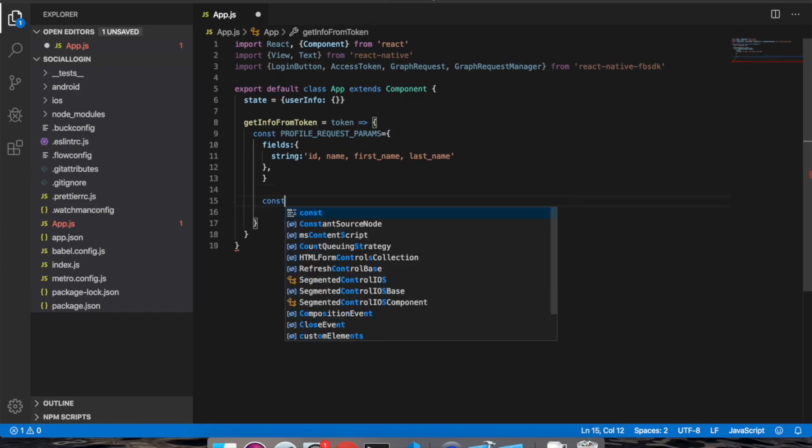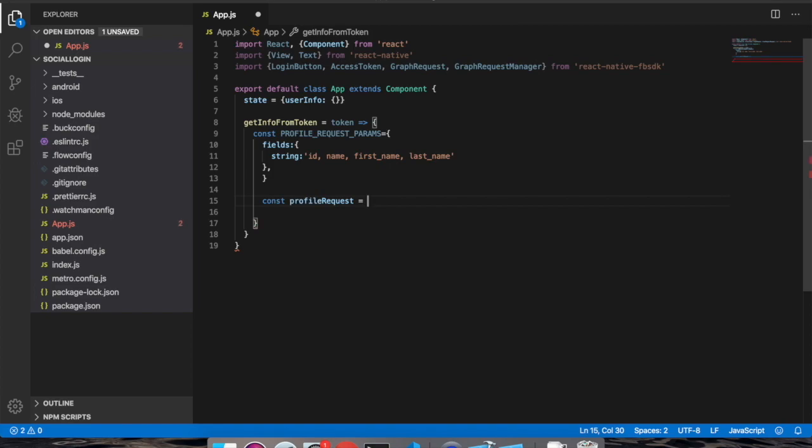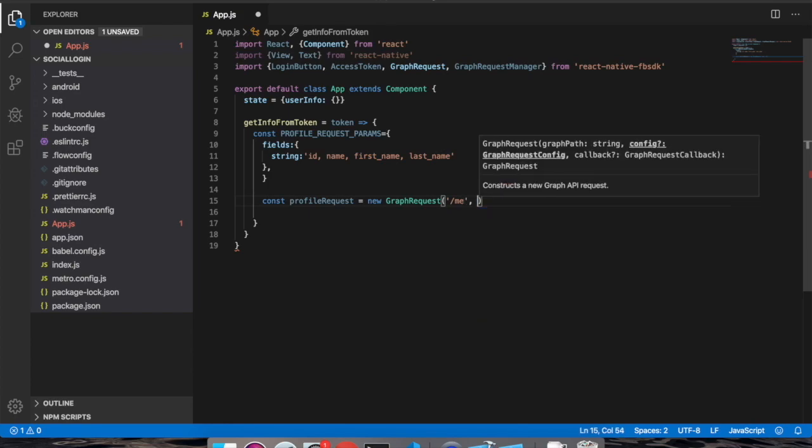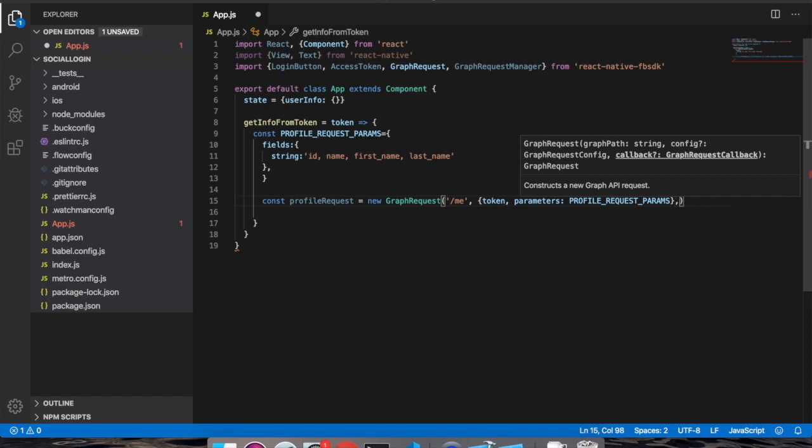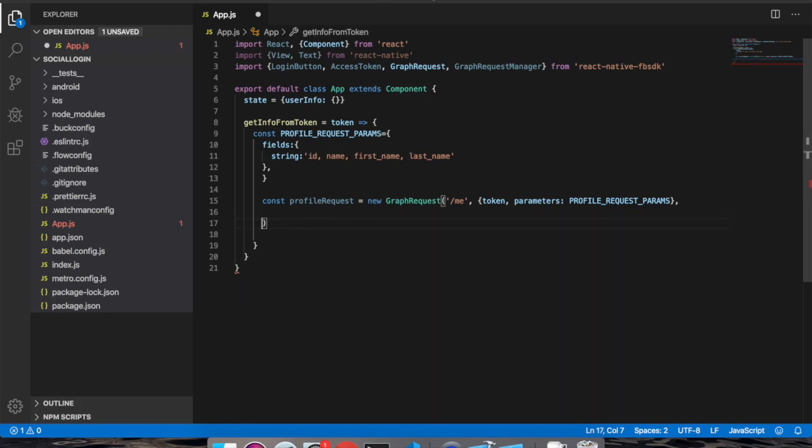Inside this tag, constant profile request, new graph request, /me, comma, here token, comma, parameters, we will pass profile request params, token, then this. Okay, we have now